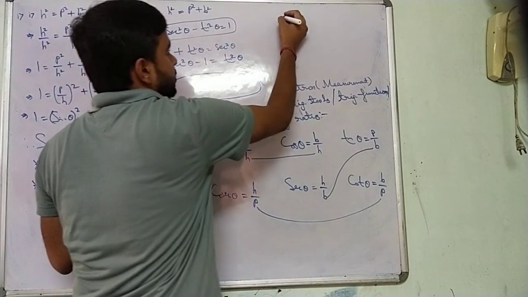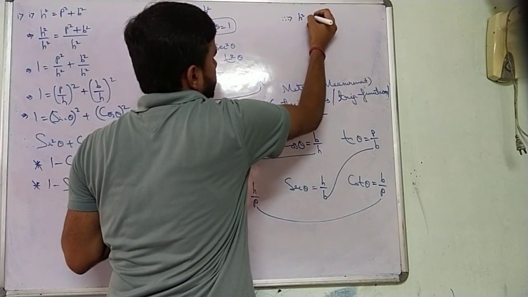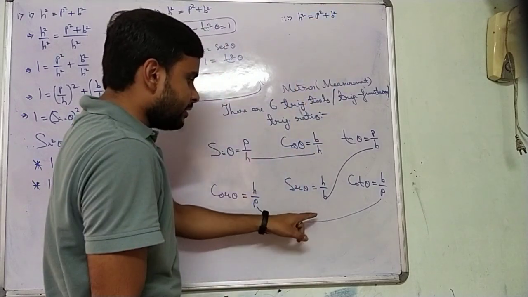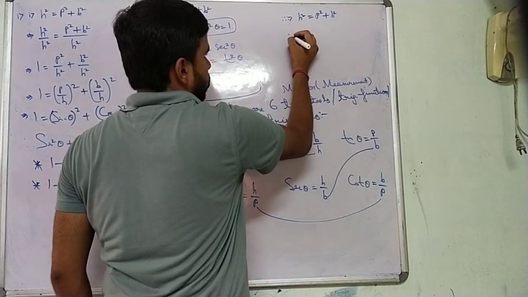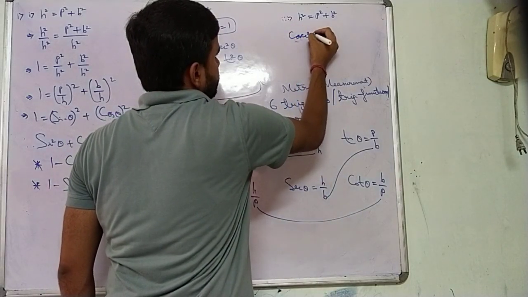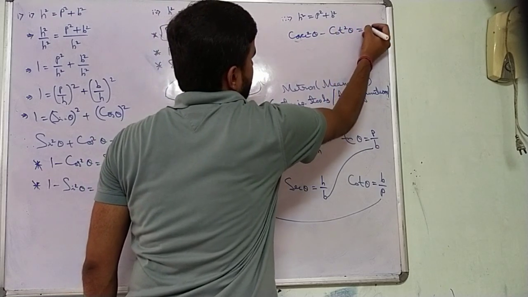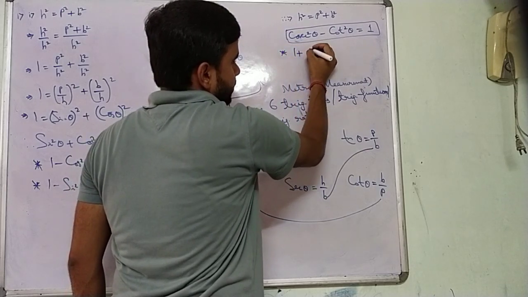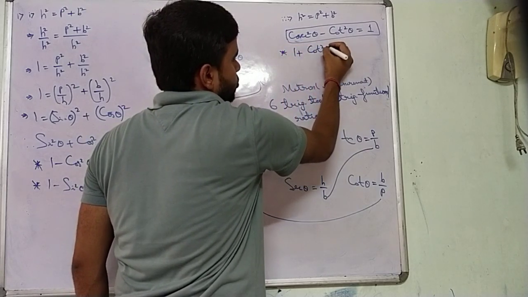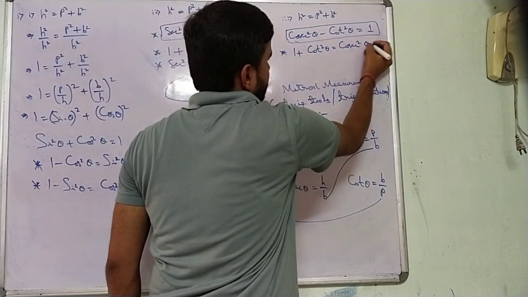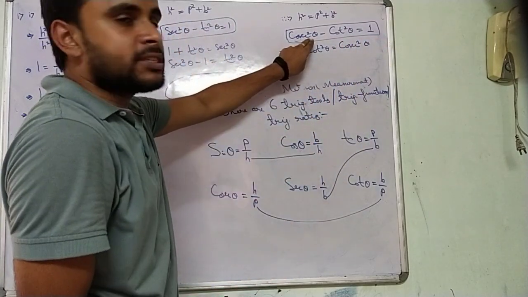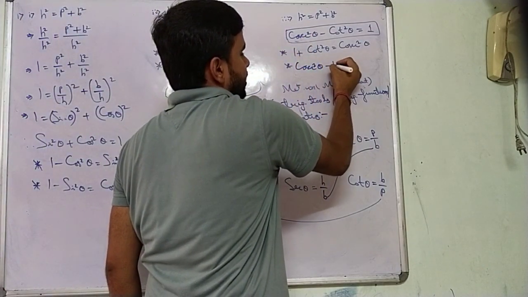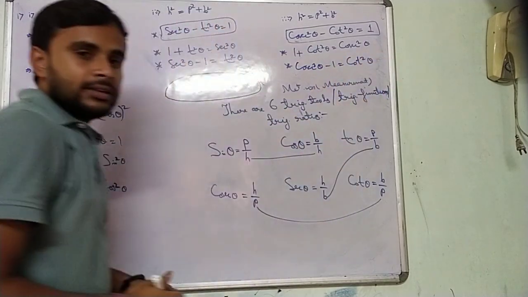Similarly, we find that number 3, we know h square is equals to p square plus b square. If we divide this left hand side and right hand side both by p square, we will get cosec square theta minus cot square theta is equals to 1. And from this, we can get two more formulas. That is 1 plus cot square theta equals to cosec square theta. These are not two new formulas, but derived from the same identity. Okay. Similarly, cosec square theta minus 1 equals to how much? Cot square theta. Clear? Now next.